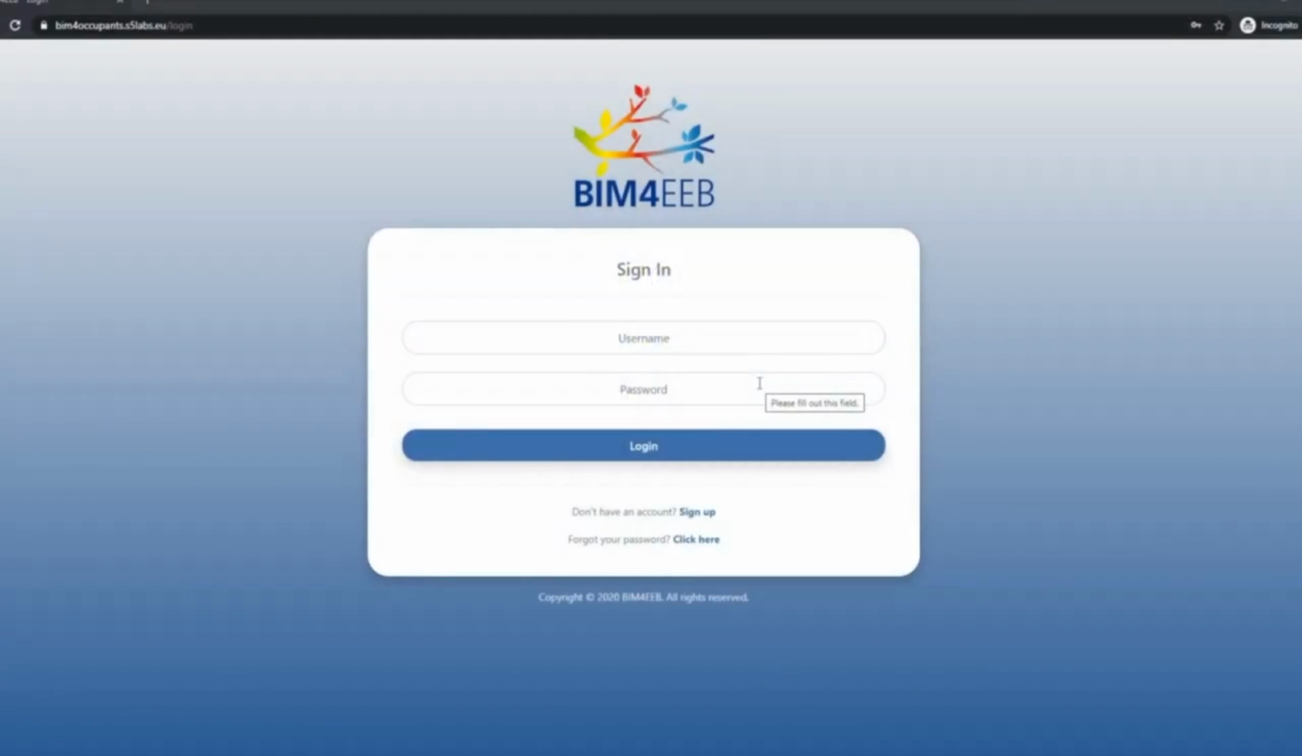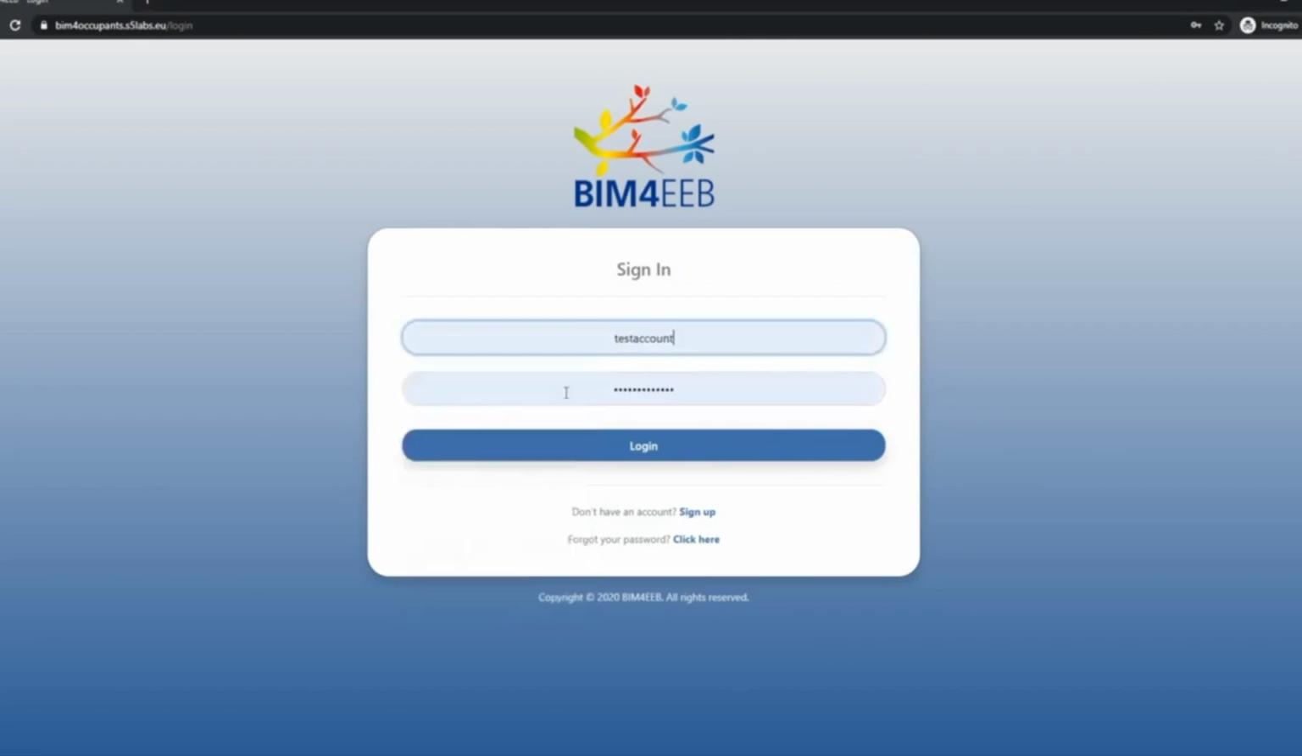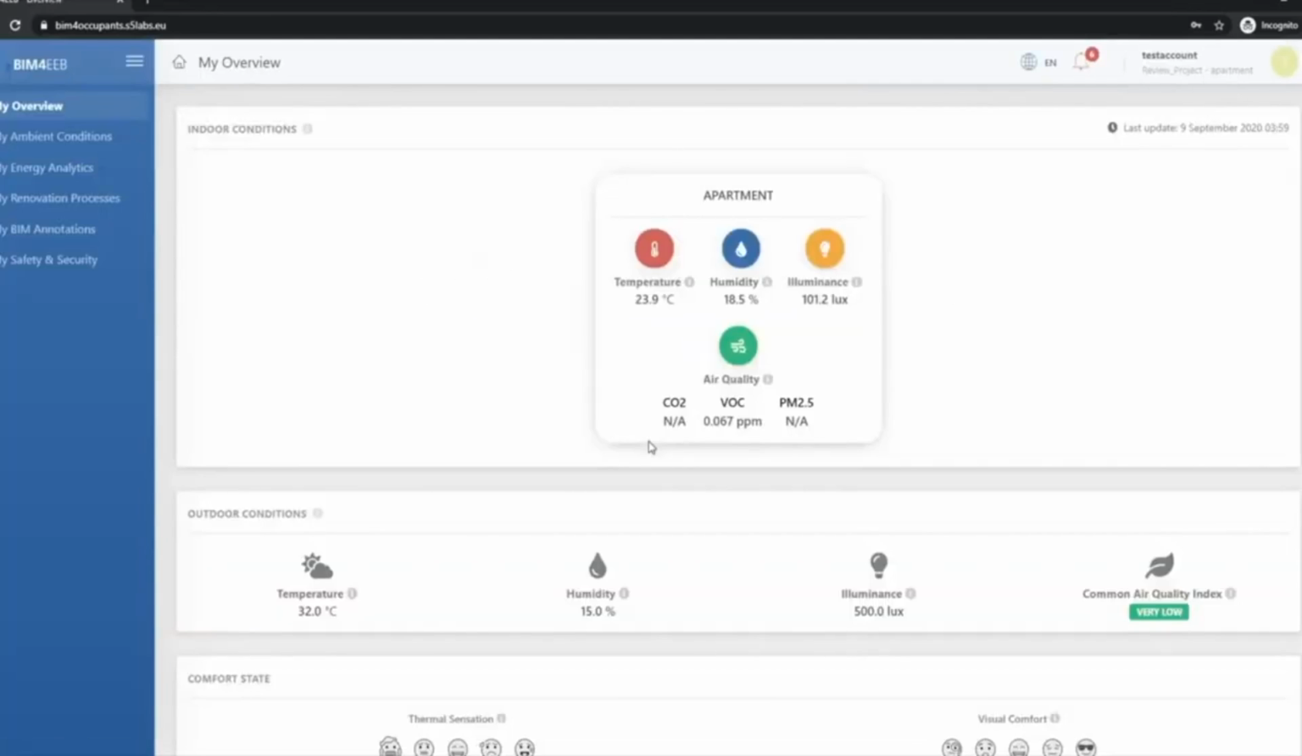This is a presentation of the BIM for Occupants tool, the tools for the inhabitants and the owners in the BIM4EEB project. As the first view, we have the login page, where we provide a credential first for the inhabitant. By logging into the system, the user, the inhabitant, gets an overview about the environmental conditions in premises through the